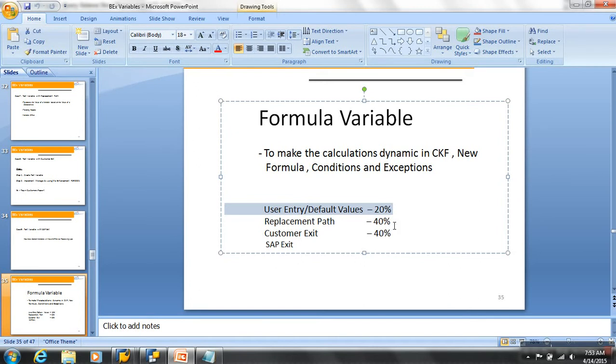But you should focus on these 3 combinations. Okay. First one I'm showing you with user entry. You understood what user entry is, right? I'm showing you the formula variable with user entry.